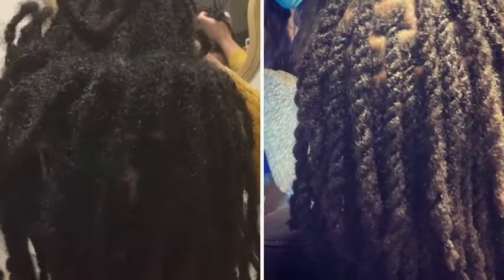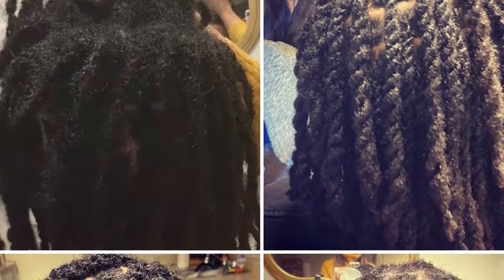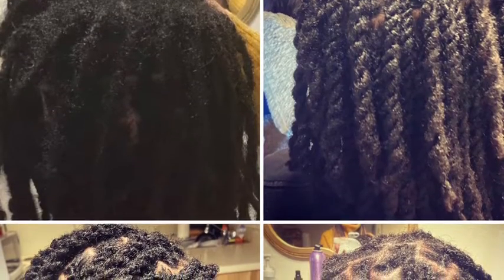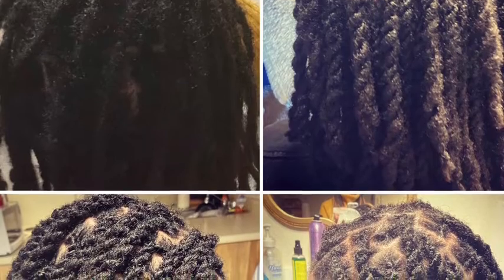there's some pulling, I should say. It's a little more painful to get your locks retightened if you've had grow out for 4 months instead of 2. Now, if you are trying to get your locks retightened at the root more often than 2 months, either